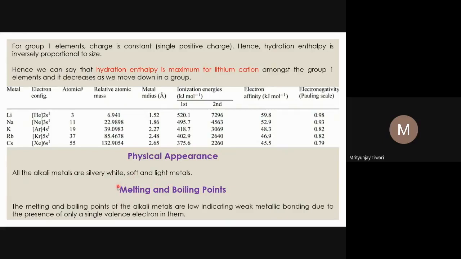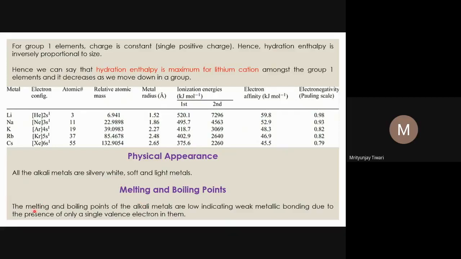Because the metallic bonding that exists between different atoms is very weak. And if the attraction between different atoms is weak, you can simply break that attraction by any force you apply, whether you provide heat or some mechanical energy. That is why we can cut them through the heat of the knife. So we can simply cut them.